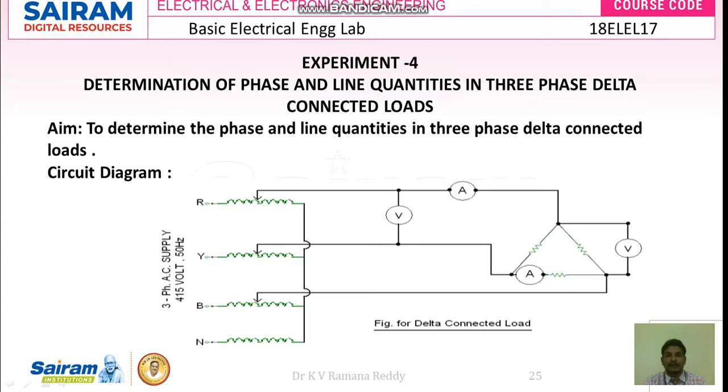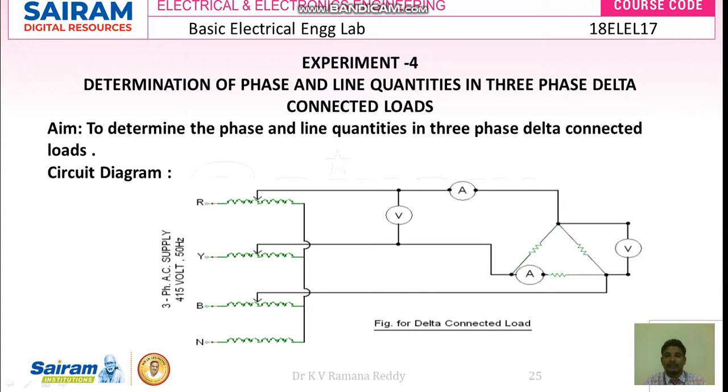and this 415 volts is given as an input to the three-phase auto transformer. The rating of the three-phase auto transformer is 0 to 470 volts as the output, and the input is 415 volts. And the R phase is directly given to one end of the line current ammeter,